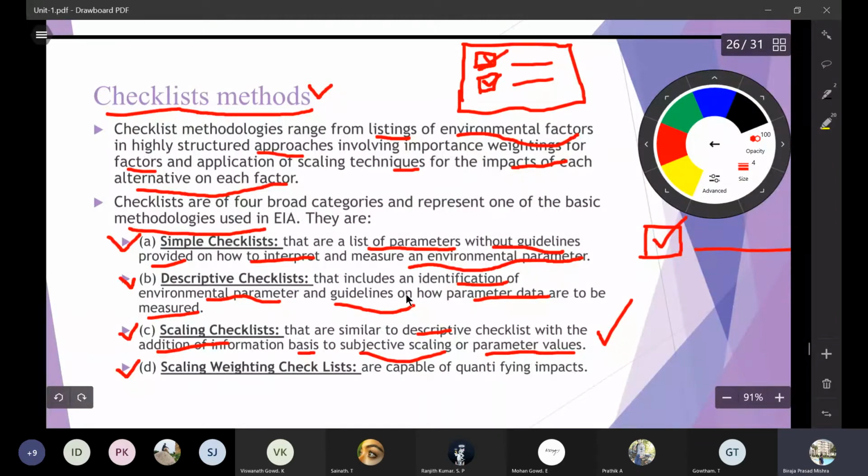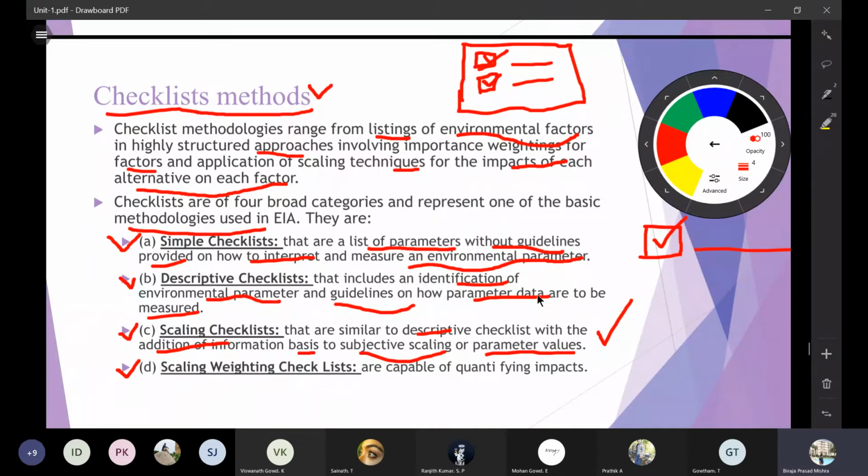In descriptive checklist we have the different guidelines, like how much the parameter is to be, let's say the air quality index or anything. Okay, that needs to be shown in number wise, and the, let's say the lower minimum or higher and the higher one, that needs to